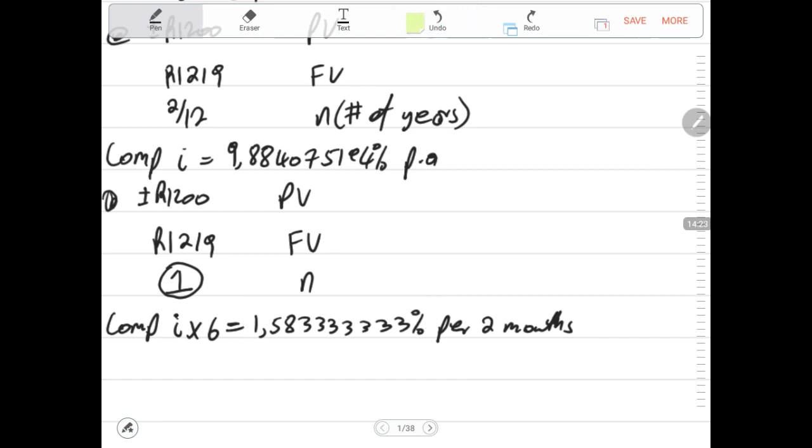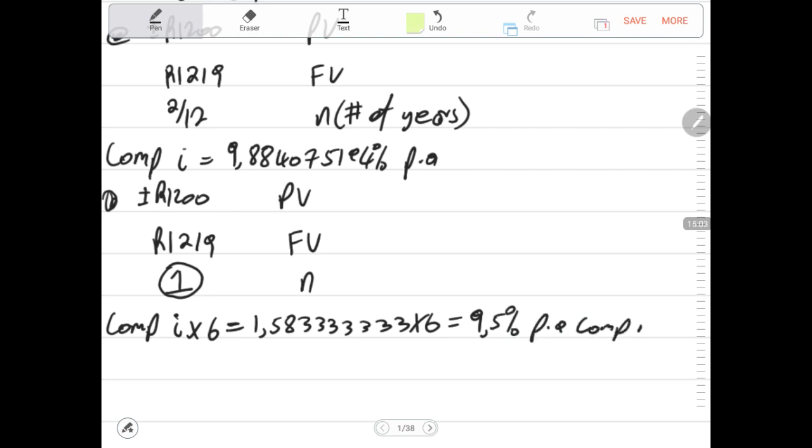But we don't want it per 2 months. We want it for the whole year, meaning we want it for the number of 2 months that we have in a year. And how many 2 months do we have in a year? There are 6 2 months in a year. That is why now in the answer that we got, we need to say times by 6. Remember, you don't have to show this. In your answer, you can just say immediately multiply by 6, then you'll get the final answer of the interest. So we say times by 6, then it will give us 9.5% per annum